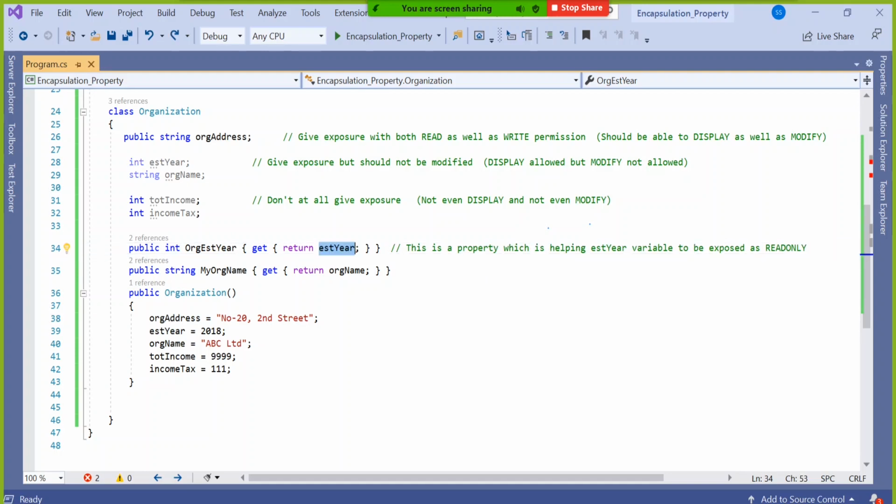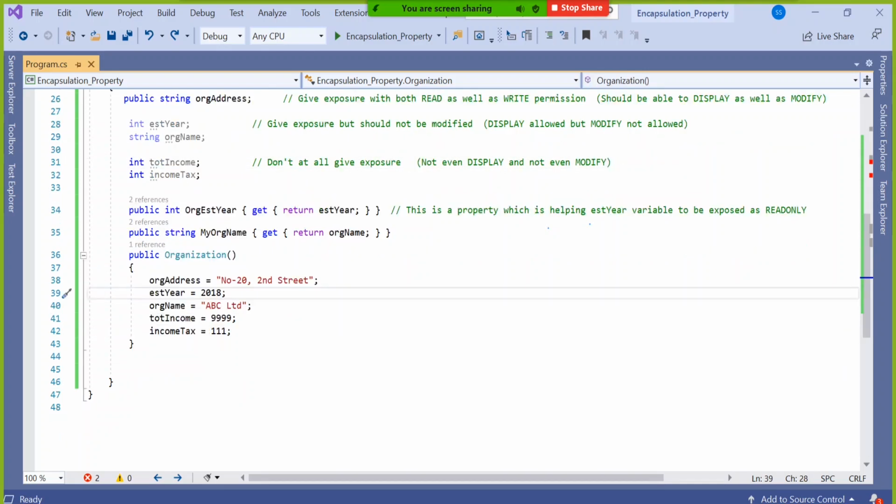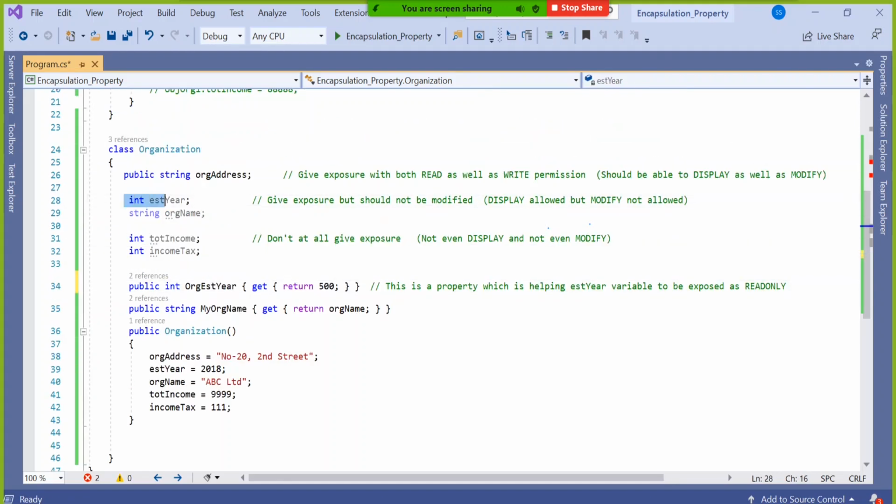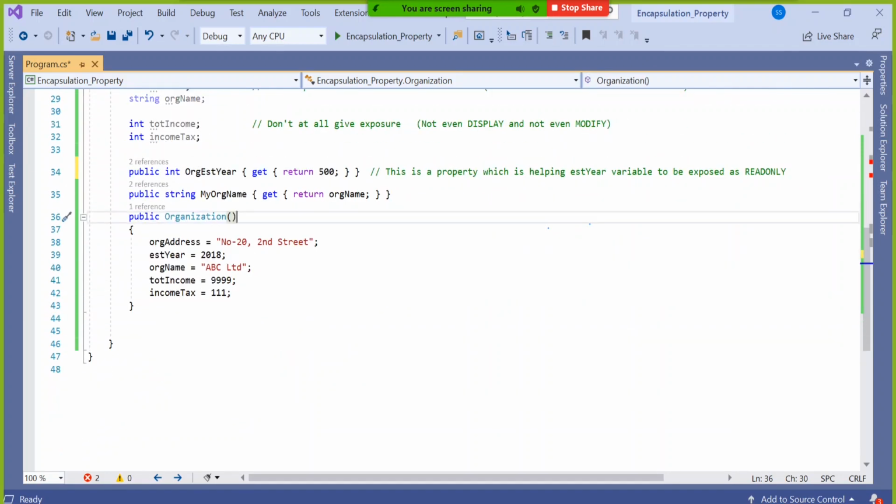Okay, that is again something called hard coded information. But if you are connecting with a variable, the benefit you will get is that you can ask even the user to enter that data. That is the benefit where a property gets connected with a variable. But if you ask whether it is possible or not possible to do it otherwise, the answer is yes, possible. You can have one independent property with simply independent data, something like 500 or so. That time you don't need any related helping variable. Okay, so that is fine.